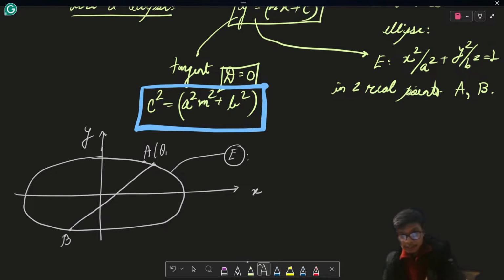Now I know that the parametric form, or the coordinate of any point on the ellipse, can be given in terms of theta 1 and theta 2. So let us say that point A is given as parameter theta 1 and point B is given as parameter